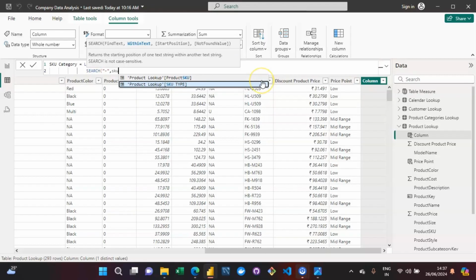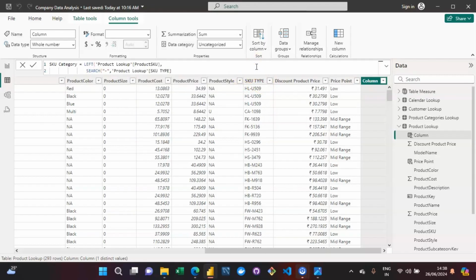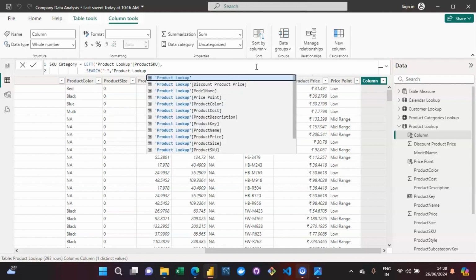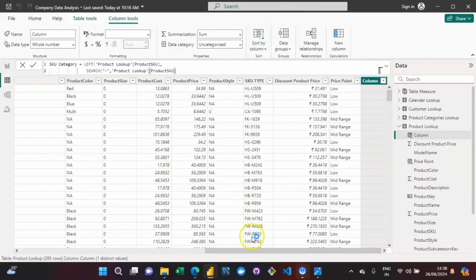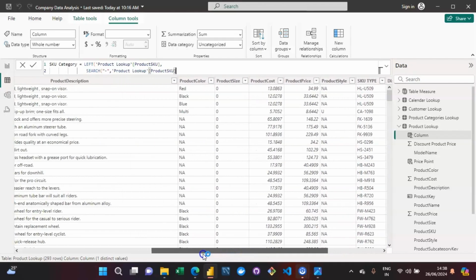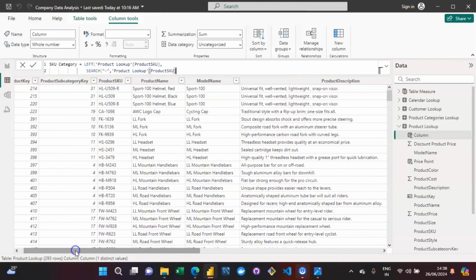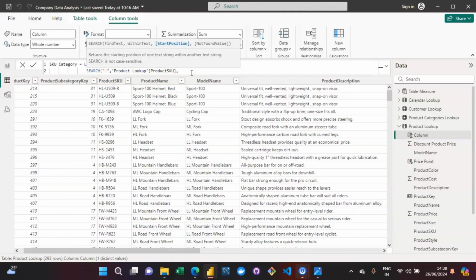I'm going to mention my SKU type over here. Or in the product SKUs. It is going to be there in the product SKU actually. So the product SKU actually has this data, right? So I will be searching for the hyphen over here from the product SKU table, and then we have to mention